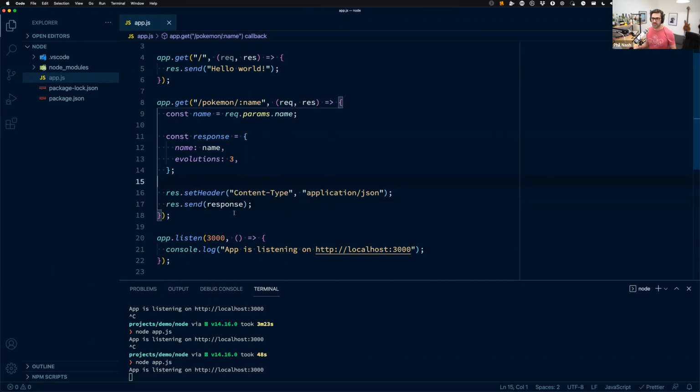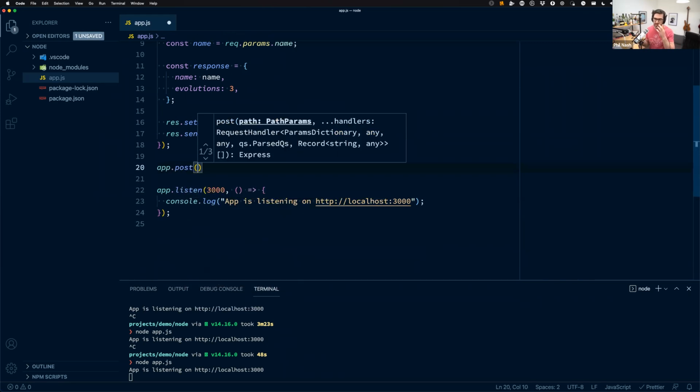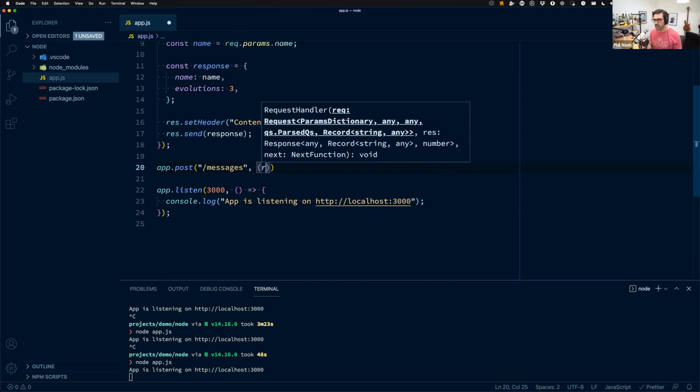Now I wanted to talk about webhooks because some API services use webhooks to tell you that something has happened in the API, and it sort of treats your application like an API itself. And so I'm going to create a post request this time to messages, a messages endpoint that you can make a post request to. And